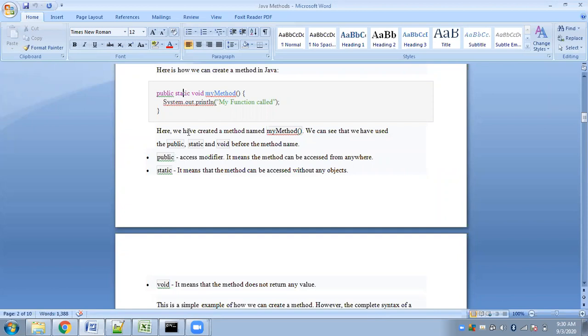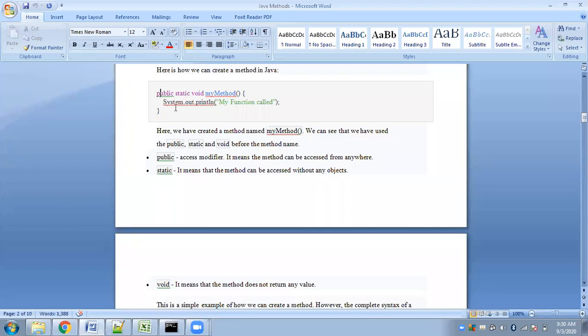Fine. So that's the reason why here you will be using static, because we will call this function without creating an object. Main will call this method. That is why we have added the word static, just as in case of the main function. Main is called by JVM, that is why it is static. And this method, in this example, will be called by the main or by some other function. That is why this is static. That means we will not create objects to access this method, to call this method. Fine. And public means it is public to all.